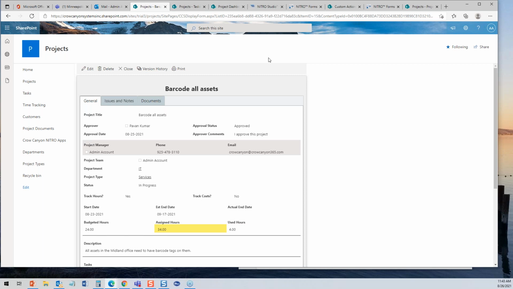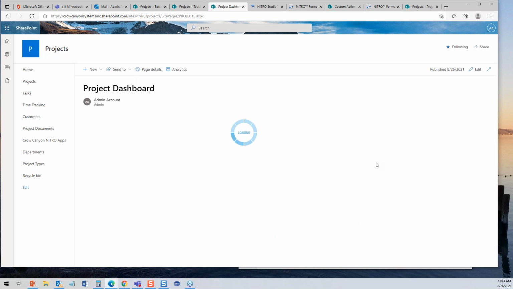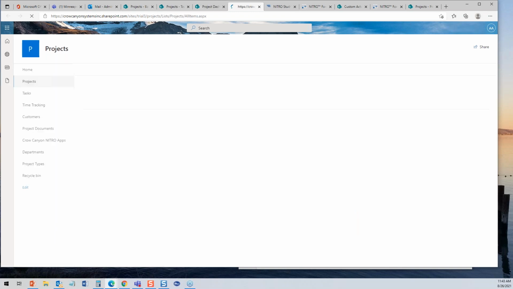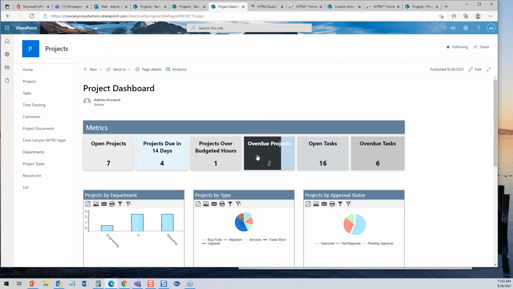Now in our project dashboard, you'll see that also right here. I've got to refresh this, I believe, and see the latest project dashboard. Oh, I think it was there. I was thinking that at the end. It's right here, actually. Projects over budgeted hours. Well, you can see that right here, and it's going to say the barcode. Okay, the Barcode All Assets is the one that is over the